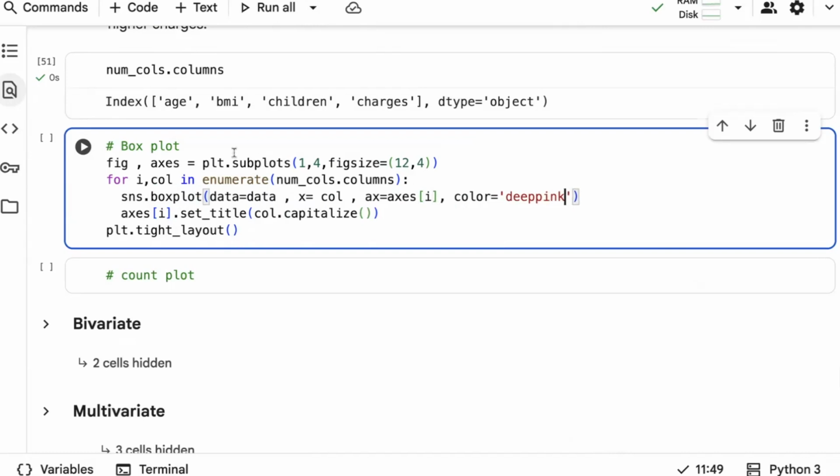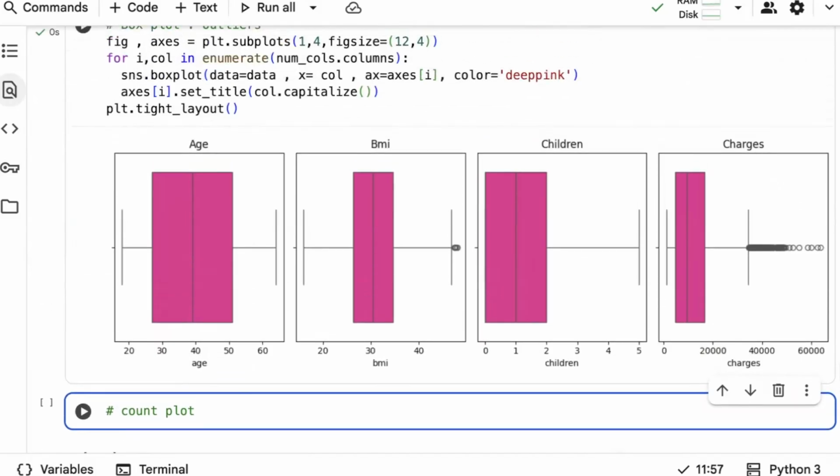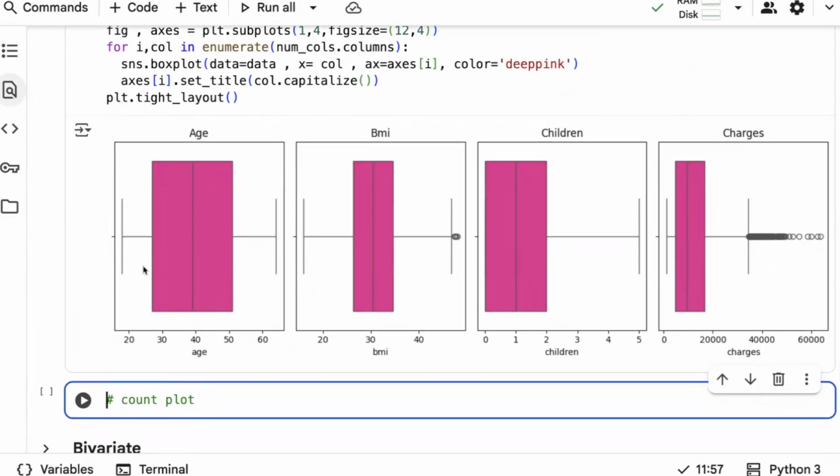Okay, so the box plot, we all know that it is used to identify outliers. Already we have identified the outliers, and also we don't see many outliers. Still, there are certain outliers in our charges, but they're not actually outliers. There are certain cases wherein people can have a high insurance price based on their situations, right? So that's the reason, even though we could see some circles, they're not outliers, they're adding some meaningful information to your data. Okay, again, you can see what you can understand from this particular box plot.